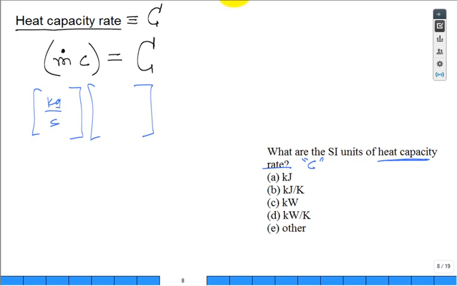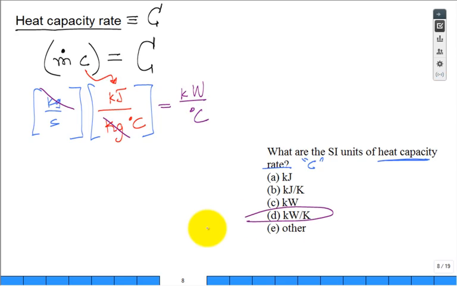So this game really is, can you recall correctly the SI units of the specific heat? What are the SI units of specific heat? Something like kilojoules per kilogram degree C, or K, because this is a temperature difference. Then we cancel out the kilograms, and then we say, what is a kilojoule per second? Isn't that the same as a kilowatt? Kilowatt per degree C. Well, we look down here, it's a temperature difference, same thing again. So the correct answer is